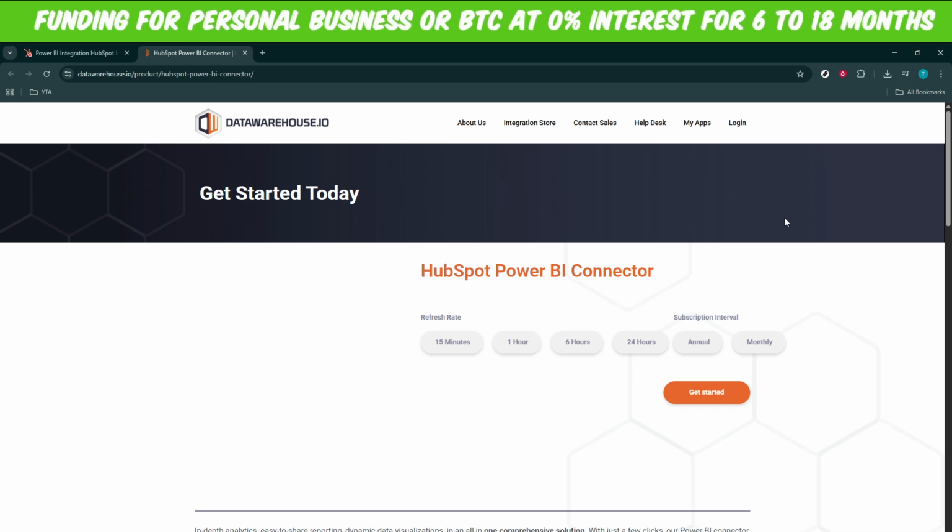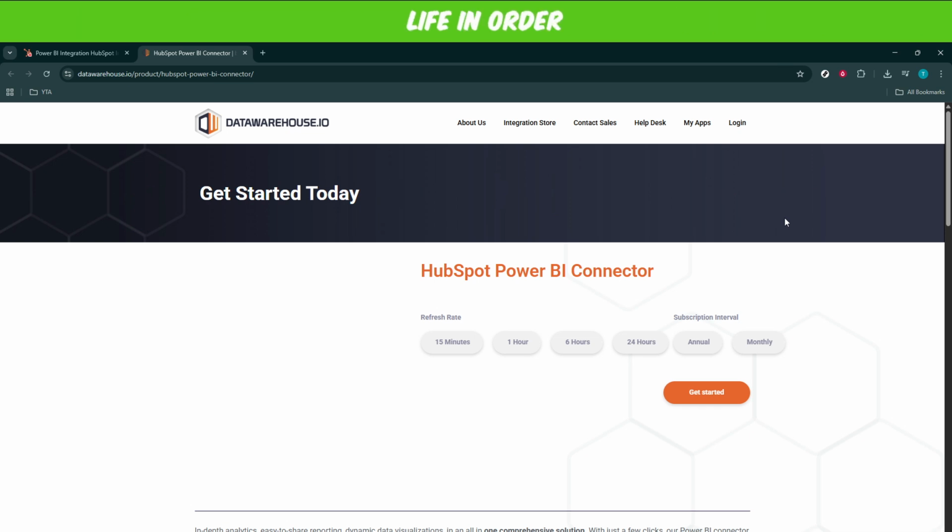And there you have it. Following these steps should have your HubSpot integrated with Microsoft Power BI, providing you with a powerful toolkit for your data analytics needs. Make sure to check both platforms for any prompts or additional instructions following the installation process, and enjoy enhanced insights and